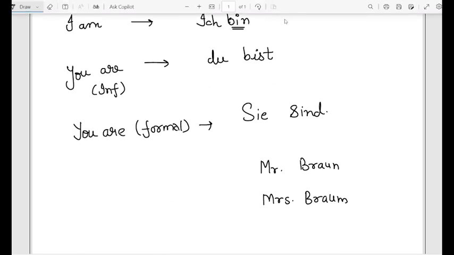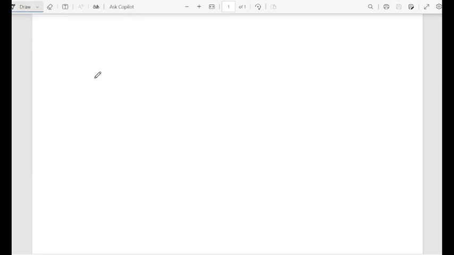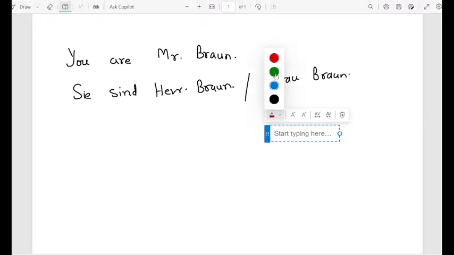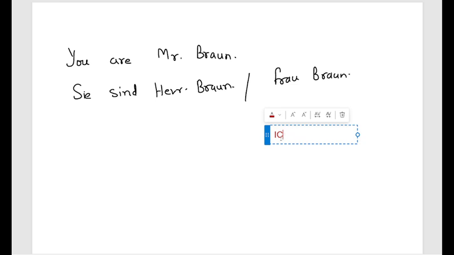And if you are addressing someone in a formal condition, for example, you are Mr. Brown, so Sie sind Herr Brown. Similarly, if it is a female, you can call her Frau Brown. So the two words which we have learned, ich bin, which means I am, du bist, which means you are, you can write it in brackets, informal, and Sie sind,